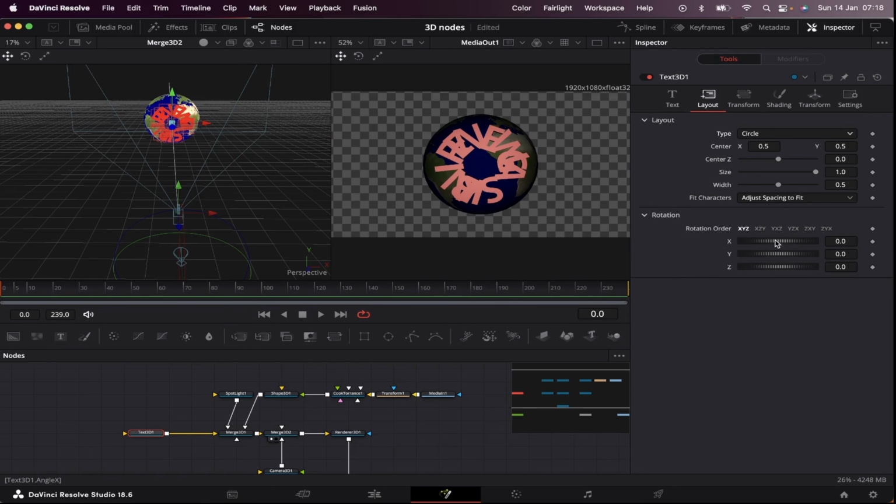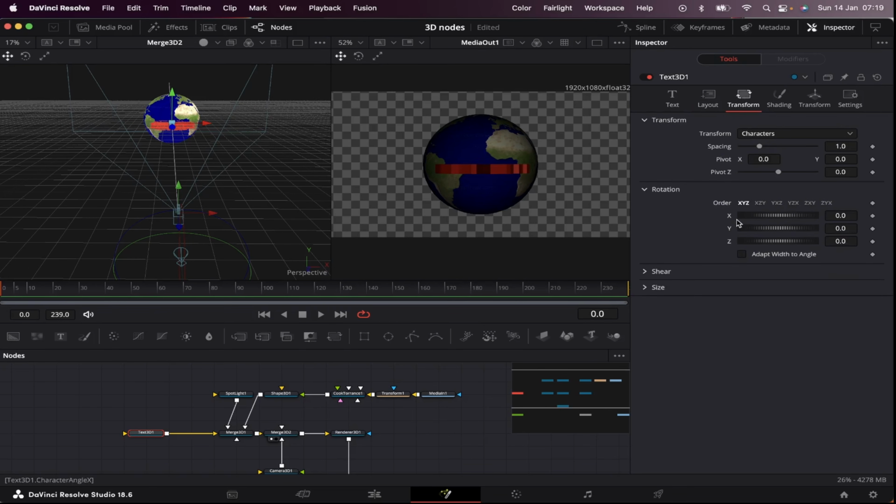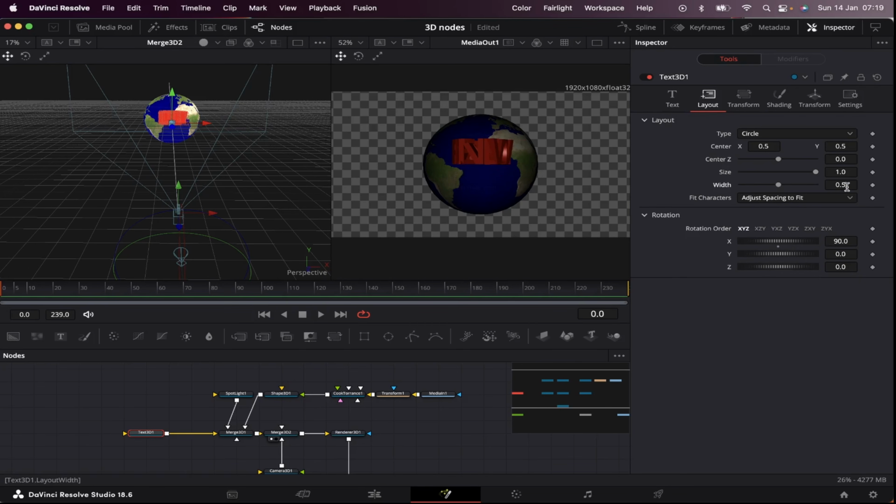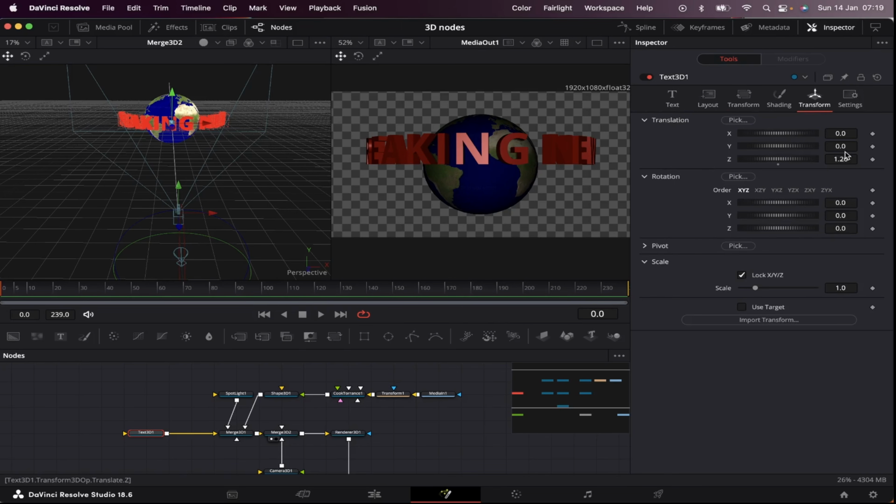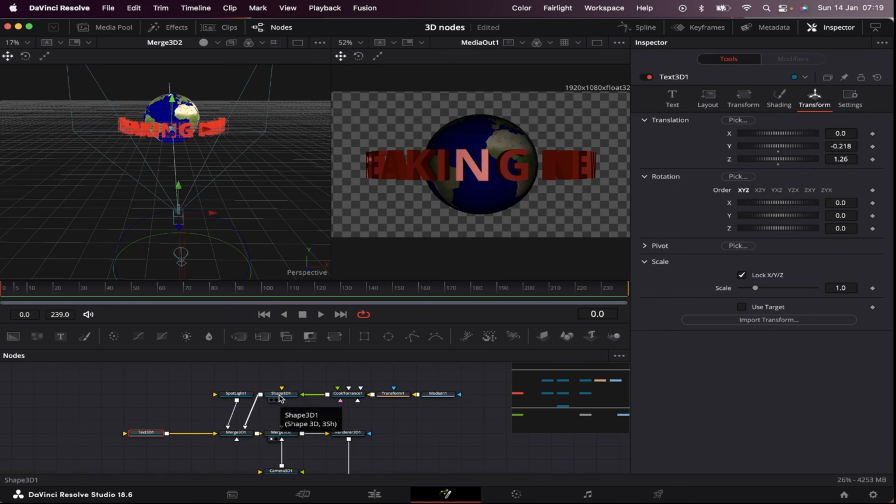Under rotation on the x-axis, we're going to change it from 0 to 90 degrees. Now we're going to come to transform, and under rotation on the x-axis, we're going to set it to -90. And on the layout, we're going to increase the width to 3, like this. And here in the second transform, we're going to bring it down a little on the y-axis under translation, like this. Perfect. Let's increase a little bit the intensity of the light,